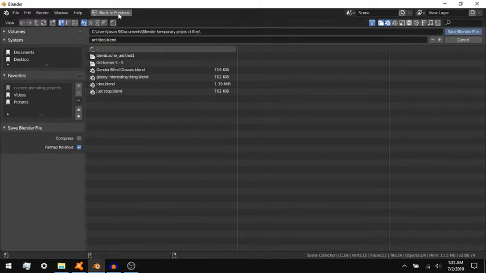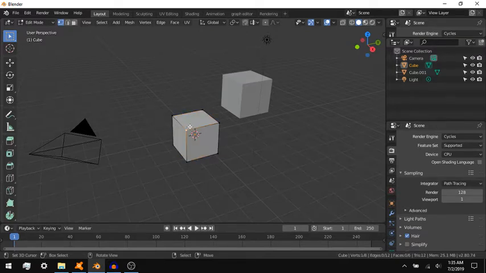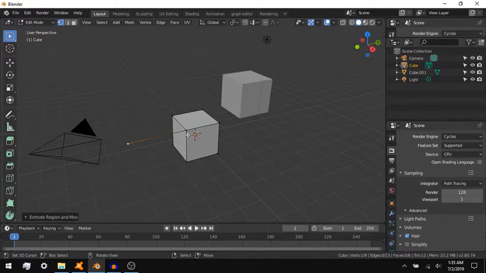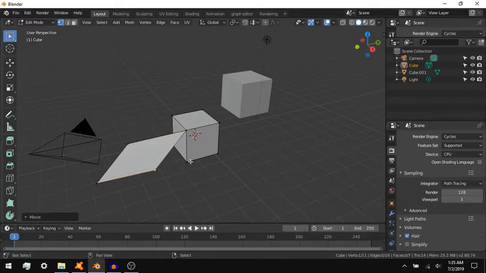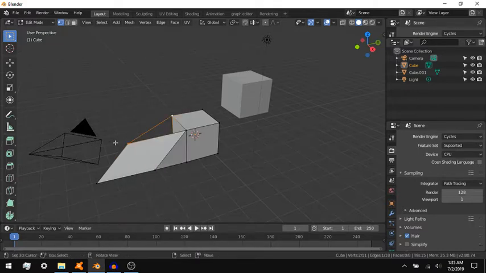Some of the shortcut keys that are important in edit mode include E to extrude, Control E, Edge menu, Alt E, Extrude menu, F to make a face or an edge, Control F, Face menu, Control V, Vertex menu,